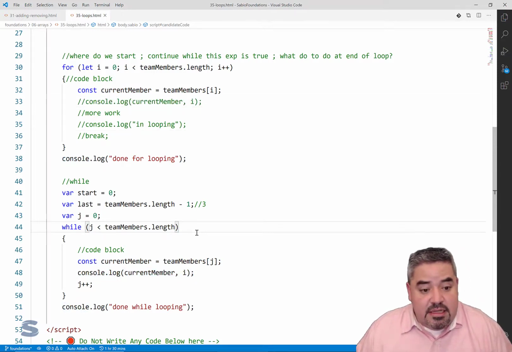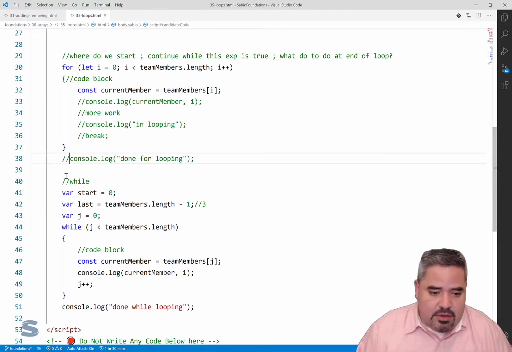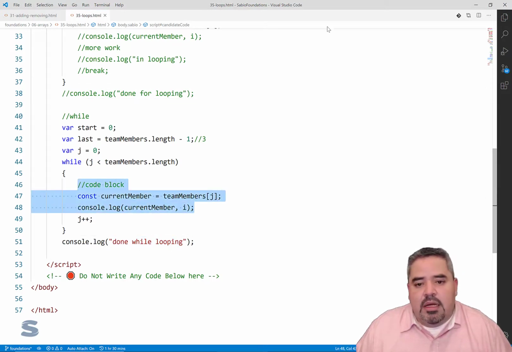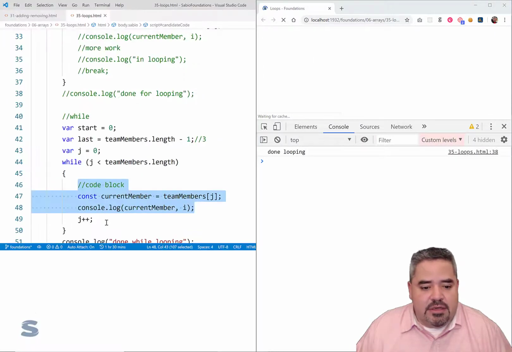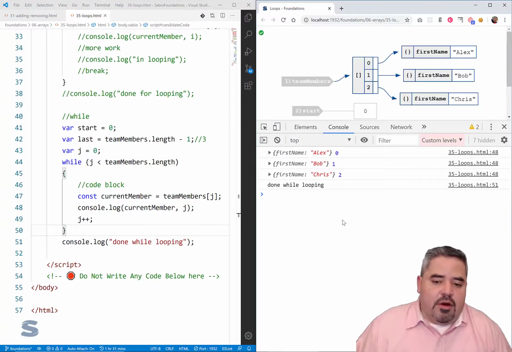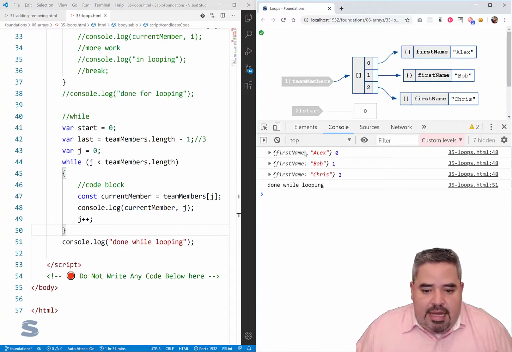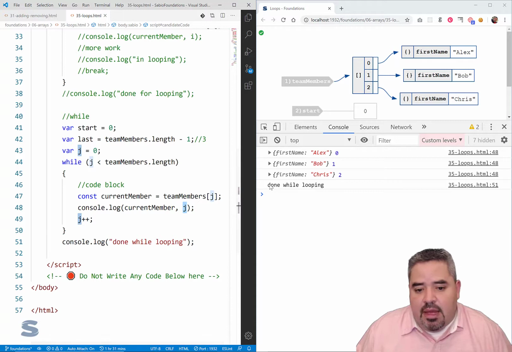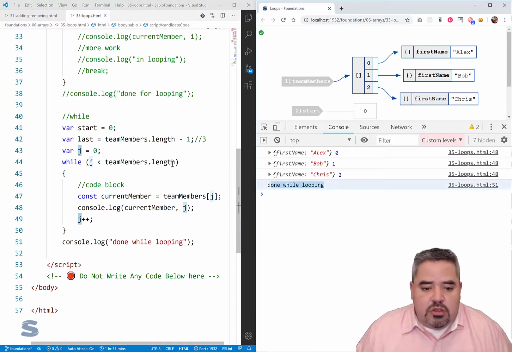And in this manner, now let me get rid of this console log as well, because I want it to be clear. I'm done while looping. I'm going to be inside of my code block, and I'm going to loop. Let's take a peek at what happens here. It's loading up. Okay, and there we are back. Alex, Bob, and Chris get logged with the indexer j, and we are done with the while loop. So very similar